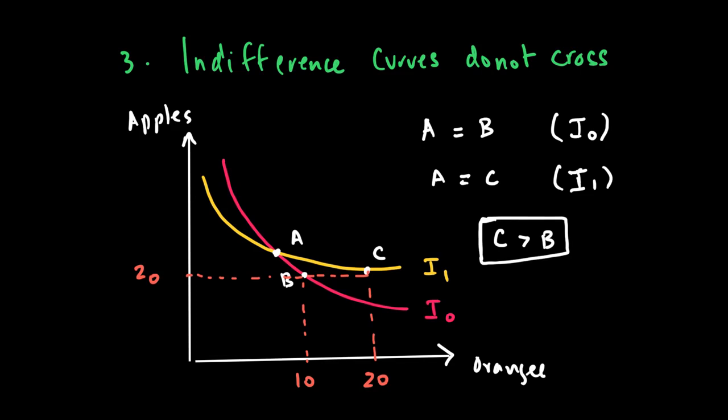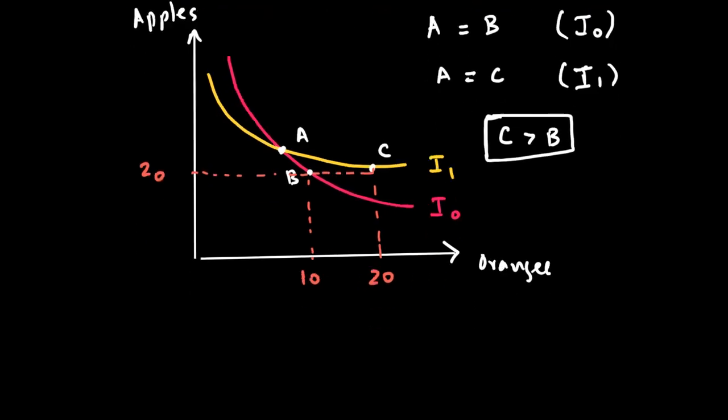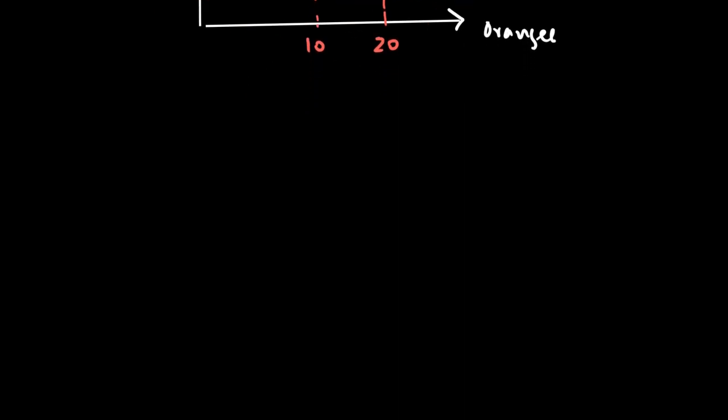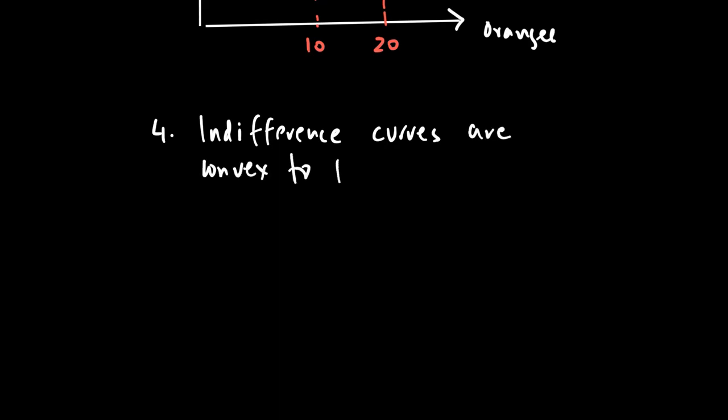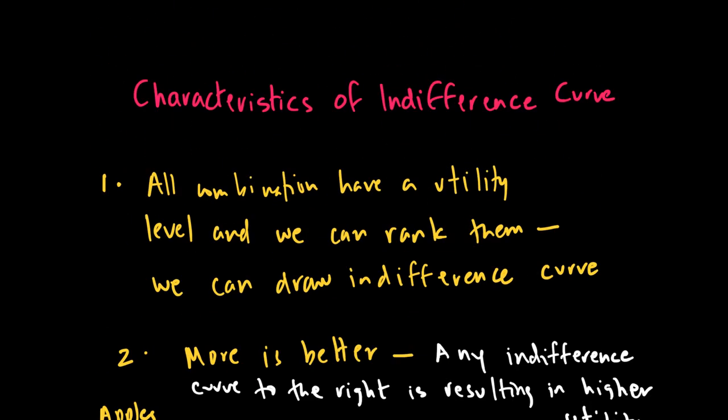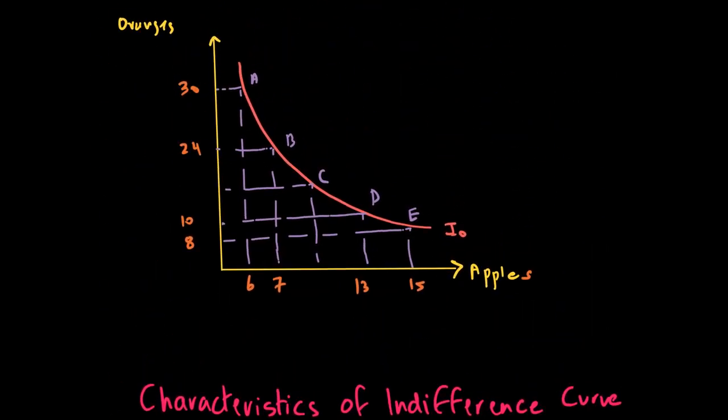The next one we want to talk about, number 4, has to do with the idea that indifference curves are convex to the origin. Let me write this. Indifference curves are convex to the origin. The reason why brings us back to the first diagram. Convex to the origin means this kind of shape, where when I go from A to B, for example,